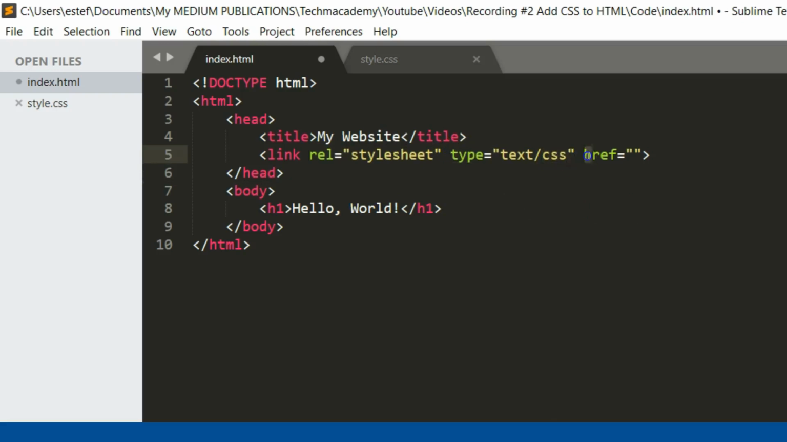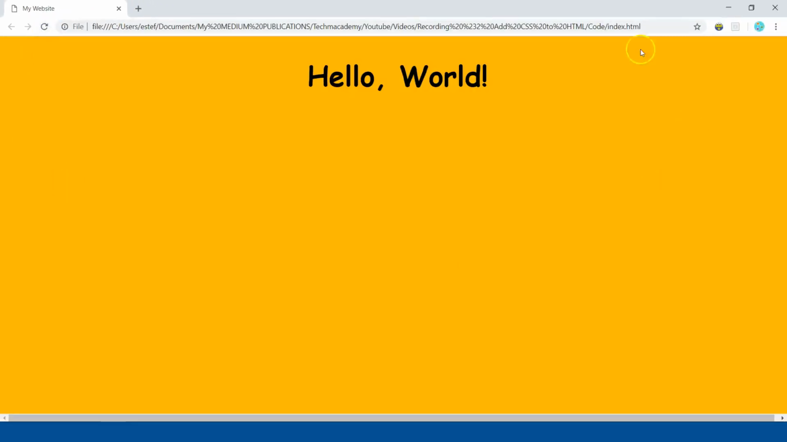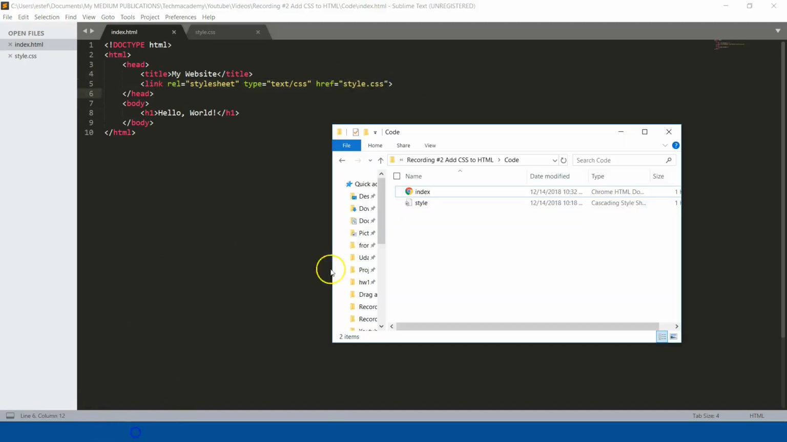And finally, you need to complete the reference. You complete it by writing the name of the file with the corresponding CSS extension. You save the file, and now if you refresh your browser, you will see the HTML formatted with the appropriate CSS. This worked by using the name directly because the style sheet is in the same folder as the HTML